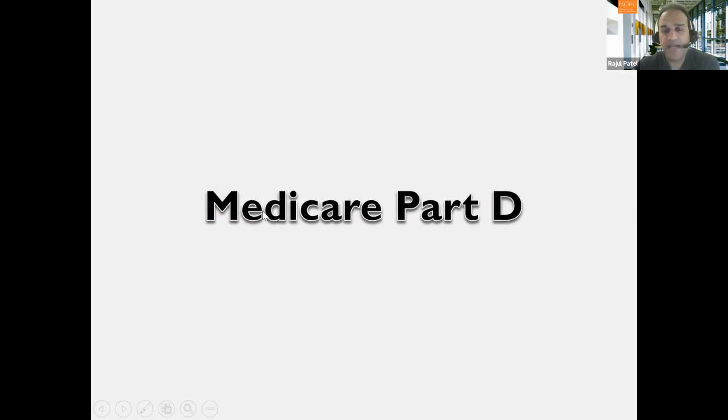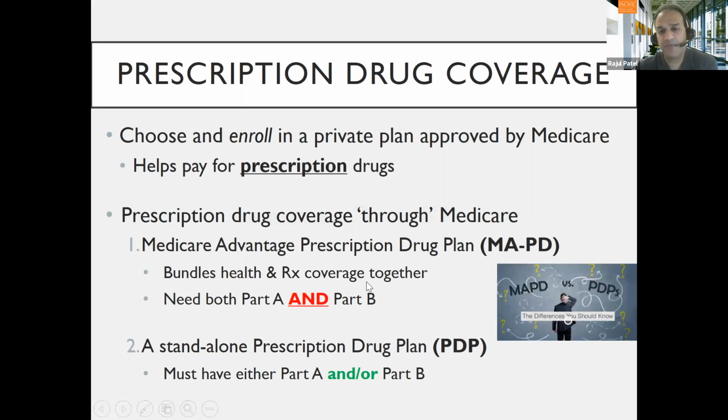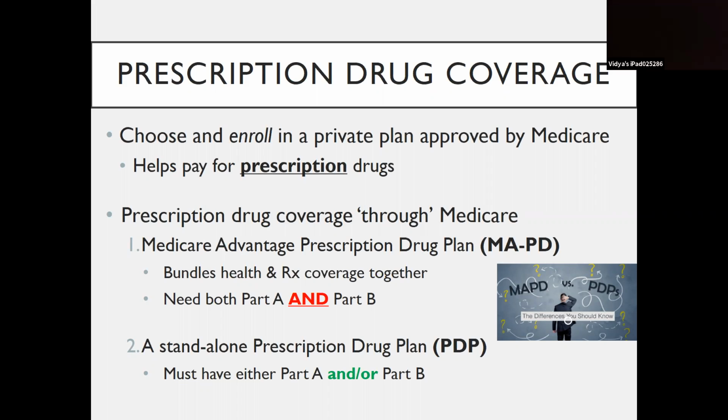And that takes us to Medicare Part D. D for drugs. Again, this started in 2006. It's the first time that people who had Medicare actually had prescription drug coverage for their outpatient medications. Prior to 2006, if you had Medicare, you either had to get private insurance or pay out of pocket for your prescription drugs, both of which were quite costly. This finally changed in 2006 with the inception of the Medicare Part D benefit.